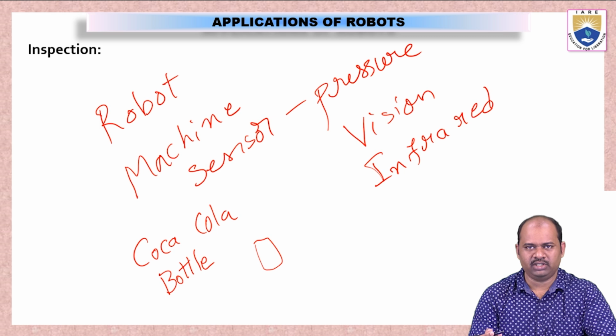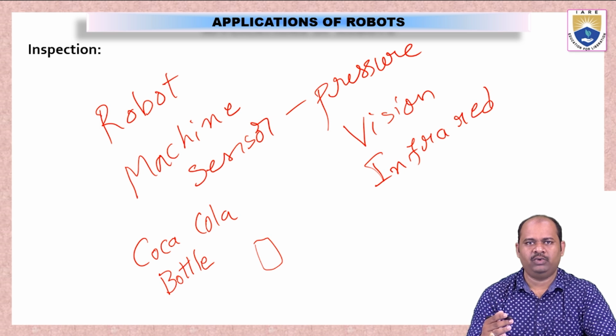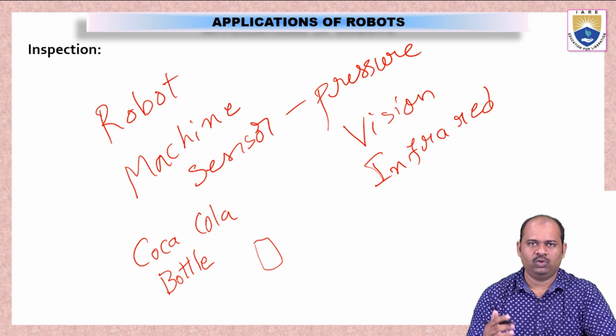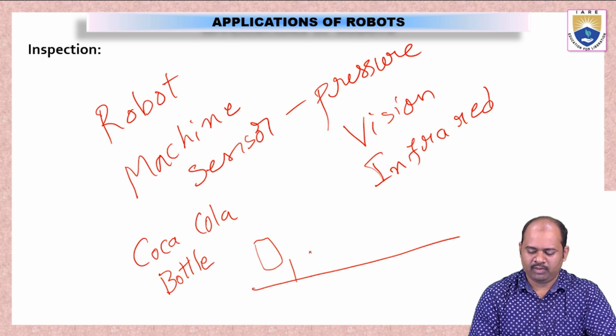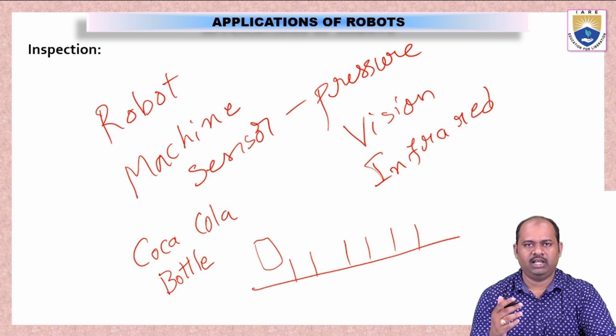So all these operations are done automatically, because a production unit has to produce around 1,000 bottles in an hour. So precision is required. Inspection is also required. So that is when the robots are used. When a large number of bottles are coming on an assembly line, they are moving very fast, so they have to be inspected whether they are precisely made